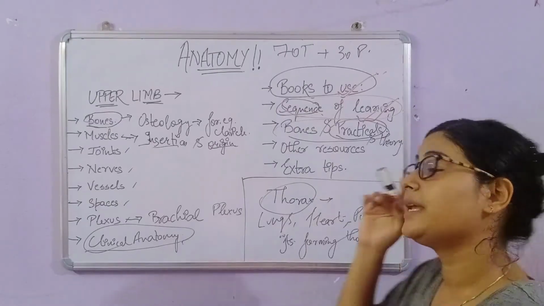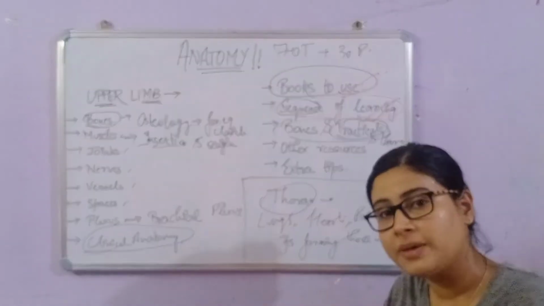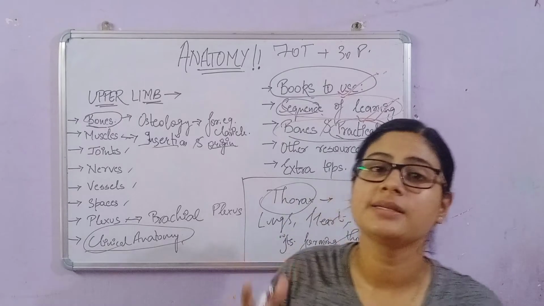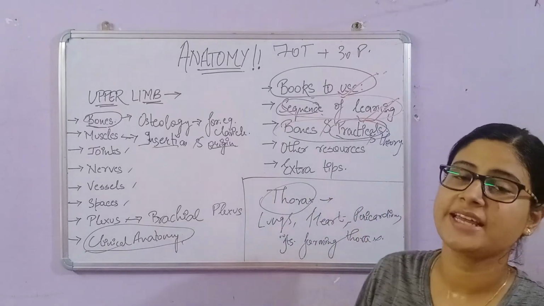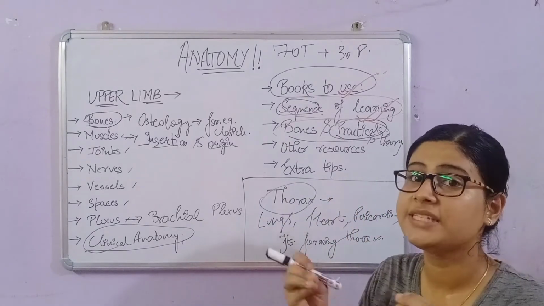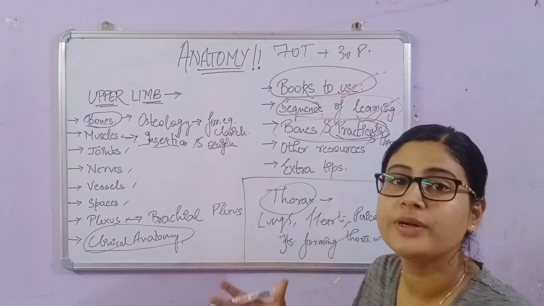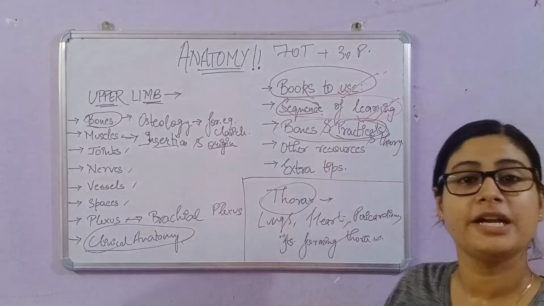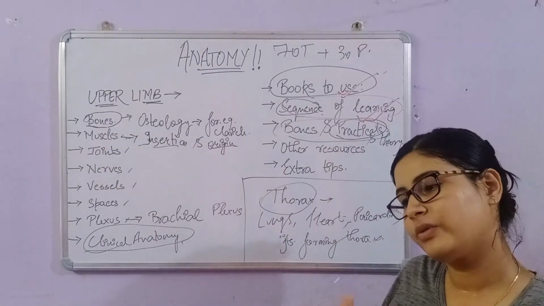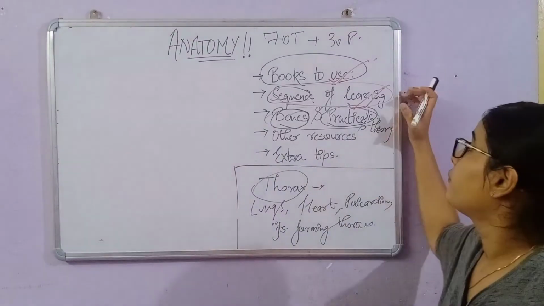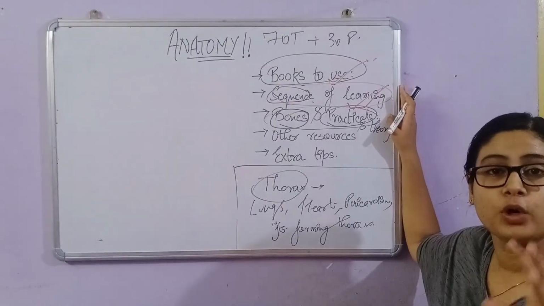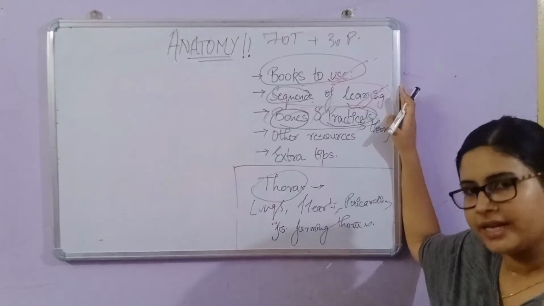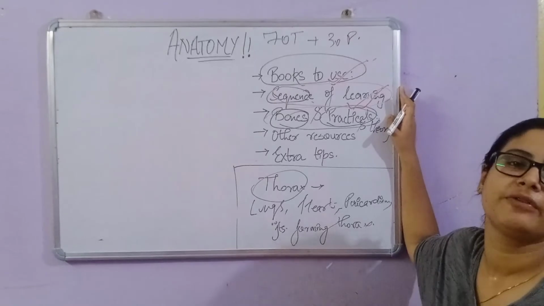So you would be studying the muscles, you would be seeing real muscles, and you would be seeing where each is inserted and from where it is originating, and the nerve supply and the blood supply. You would see everything in the real human cadaver. Okay, so that is about practicals. We can take a separate video on practicals after we are done with the theory. Comment in the comment section below if you want a video on how and what to study for practicals, then definitely you will get a video on that too.